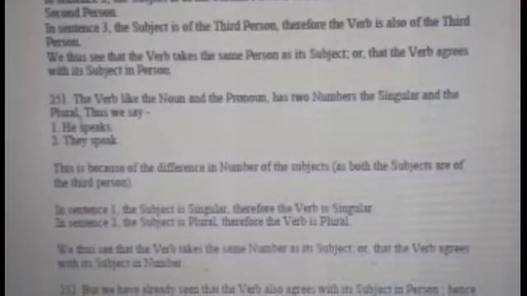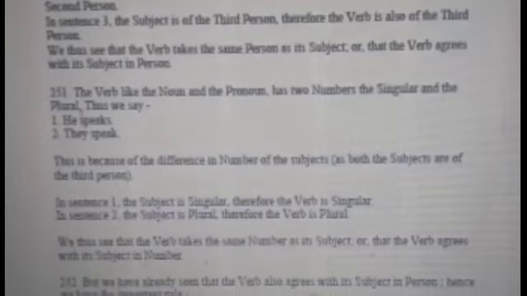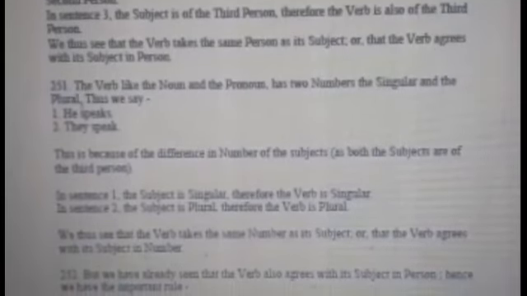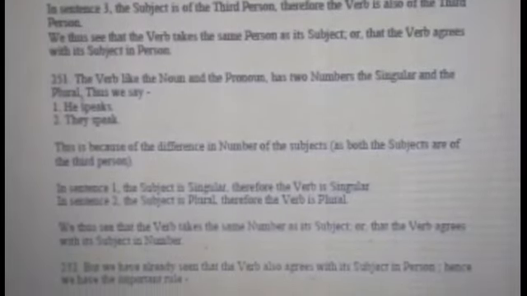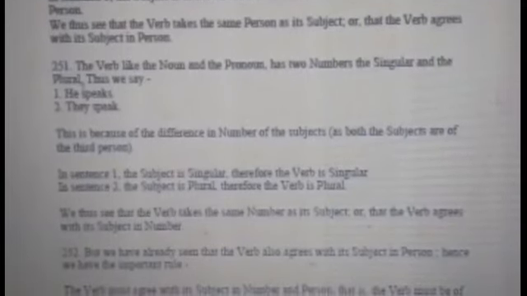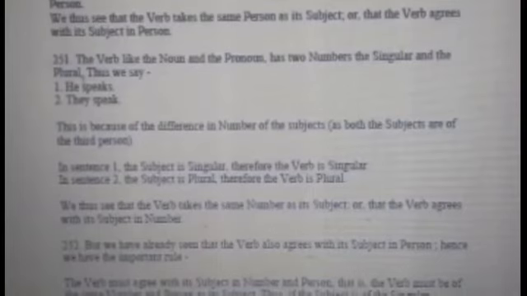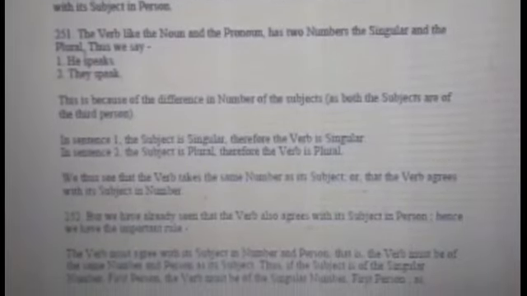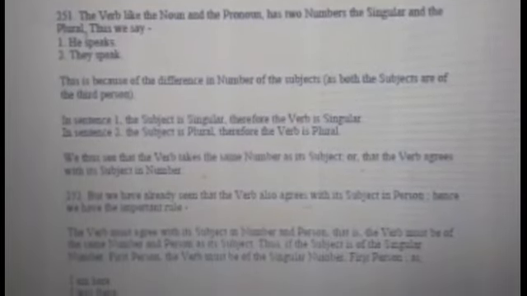Thus we see the verb takes the same number as its subject, or the verb agrees with its subject in number. So we have already seen that the verb also agrees with its subject in person. Hence we have the important rule, that is the verb must agree with its subject in number and person, both. That is, the verb must be of the same number and person as its subject. Thus, if the subject is of the singular number, first person, the verb must be of the singular number, first